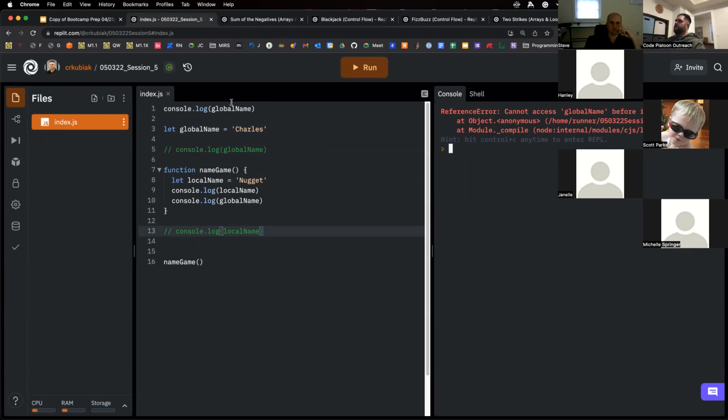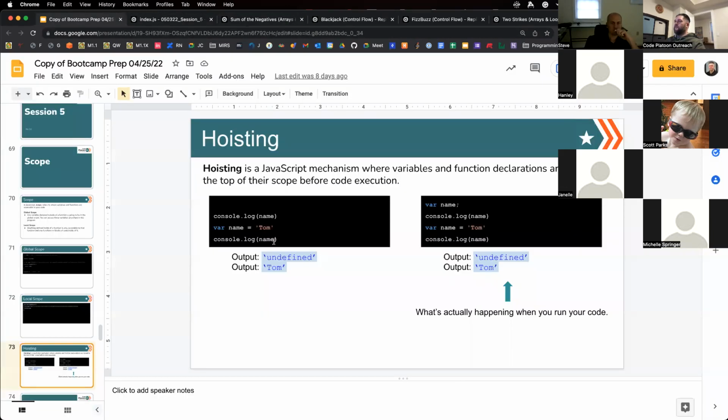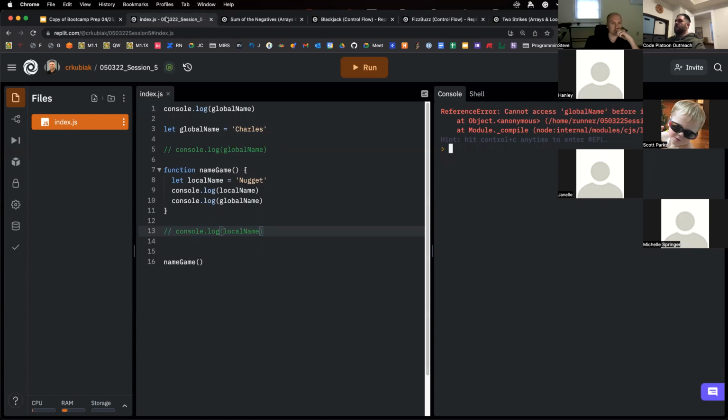This slide is an older version of Replit, but basically you should not be able to access something before it is defined, so you're getting hit with that initialization error. But what it's saying is that everything within a scope, even if you have something at global scope,